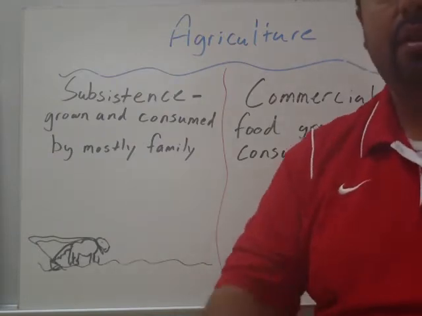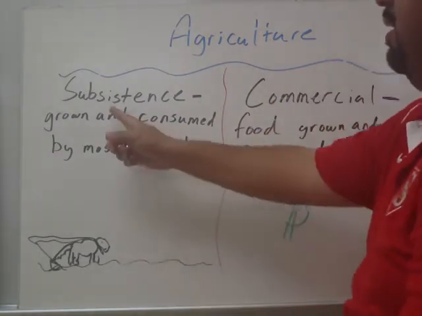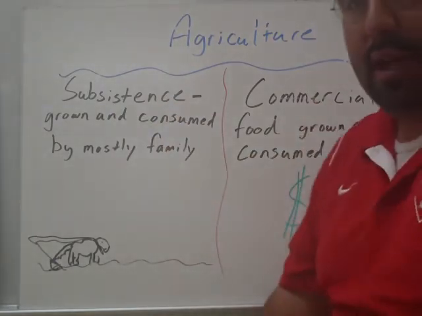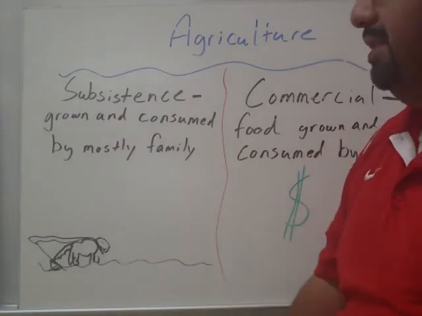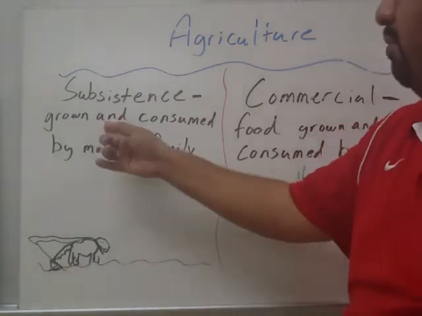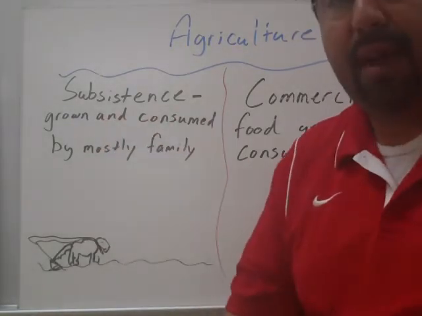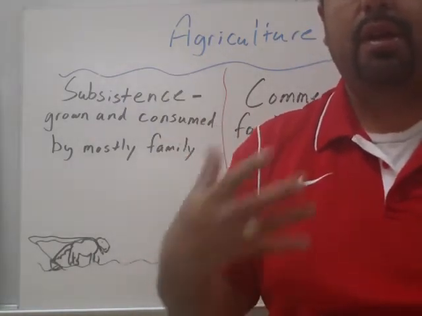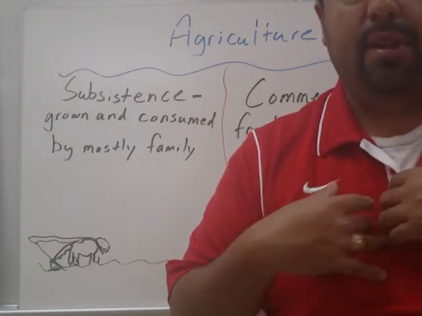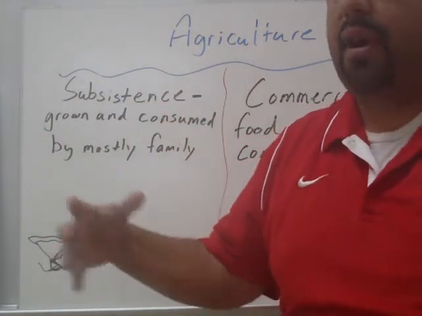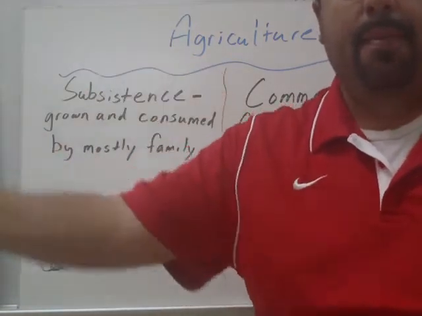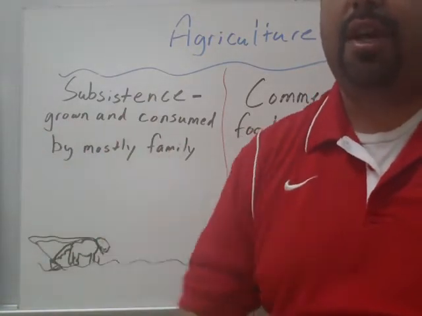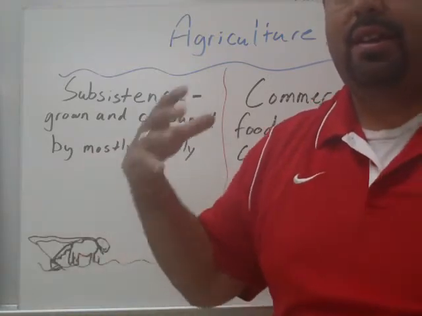Within agriculture, there are two groups: subsistence agriculture and commercial agriculture. Subsistence agriculture is where agriculture is grown and consumed by mostly family. In other words, what you're growing is just for you and your family. You're not doing it for profit for the mass population. If you have a little bit extra, you might trade it off, but it's not anything that you're selling